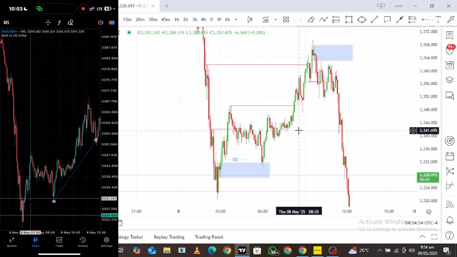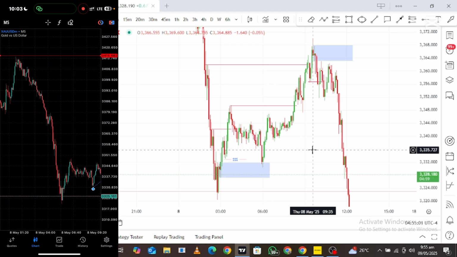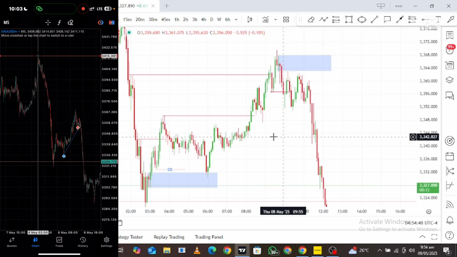And then this is the other block, and this is the other block I made use of. So price ended up picking my trade and then started going in a bullish direction, even though I was expecting price to take out this particular high, this higher time frame high, of which price did not do that.